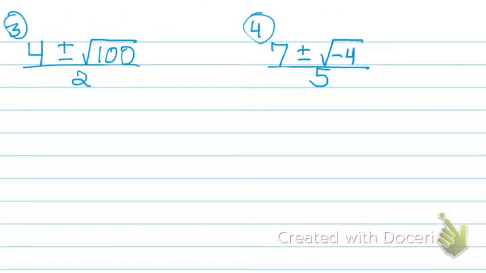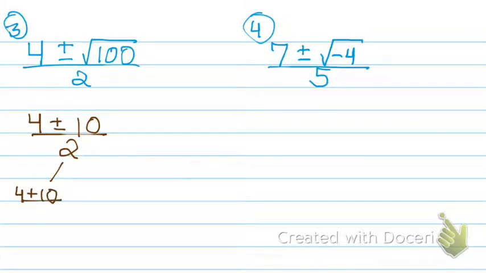All right, let's look at some other examples where it's actually a rational expression. So in this example for number 3, 100 is a perfect square. It equals 10. So what you're really looking at is 4 plus or minus 10 over 2. Now you're separating it into two different fractions. The first one is going to say 4 plus 10 over 2, and the second one will say 4 minus